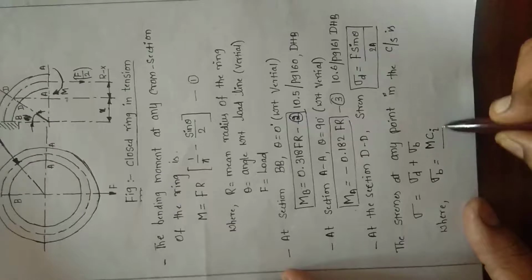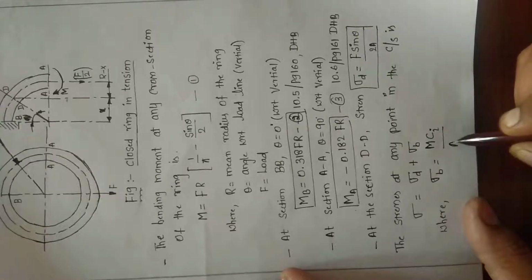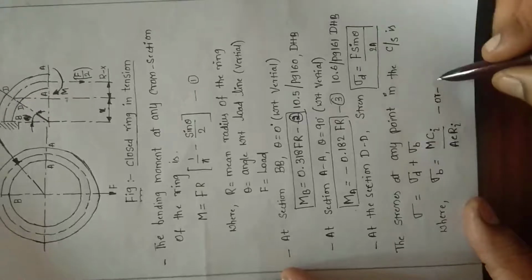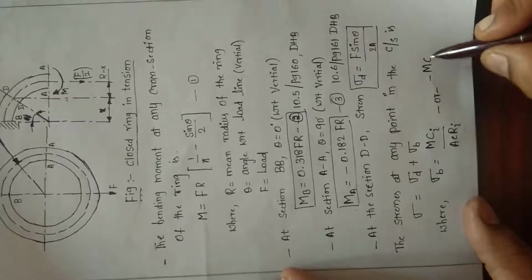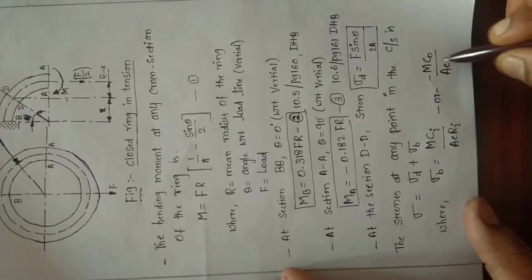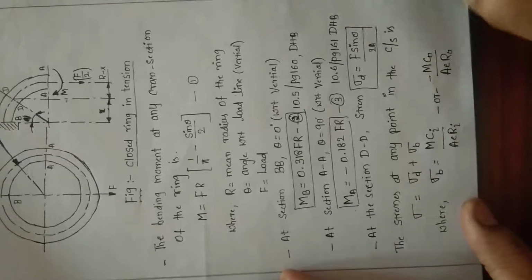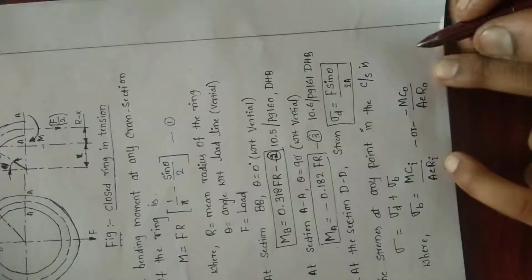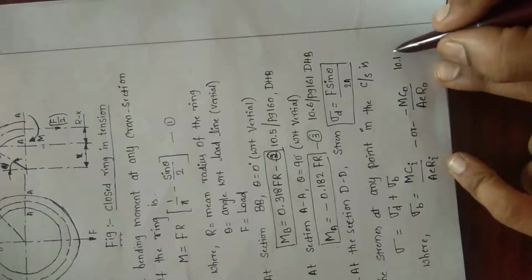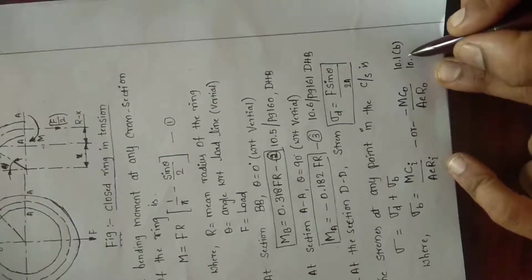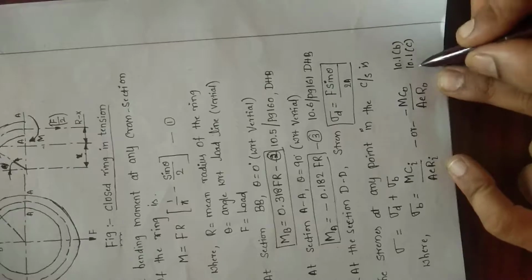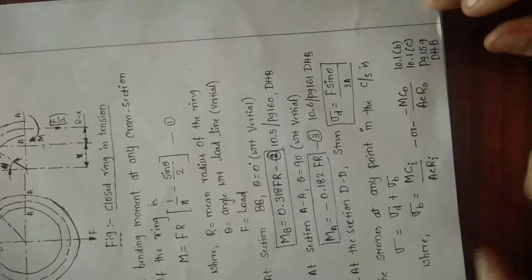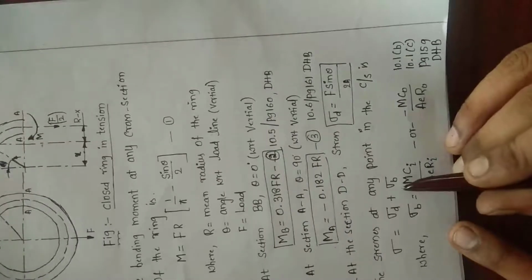So what is that? M c_i whole divided by A e r_i, this is for the inner fiber. For the outer fiber it will be negative, M c_o by A e r_o. Okay. These equations I will get from the data handbook. Already I wrote the equation numbers in the previous lectures. Once again I am writing 10.1c, page 159, data handbook. Fine. So these are the two equations we need to substitute here.